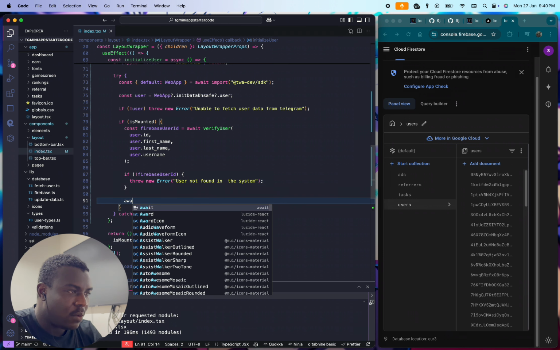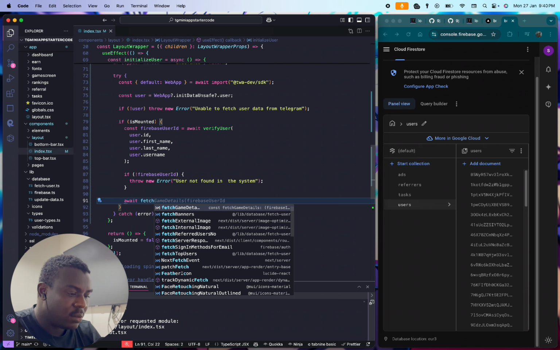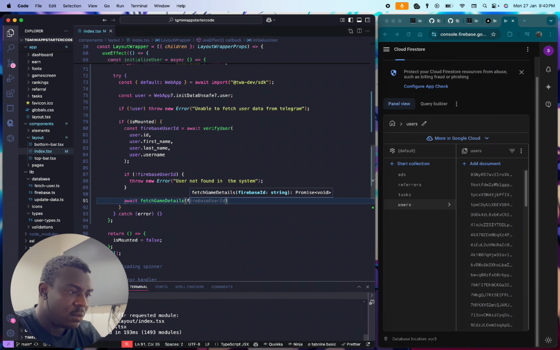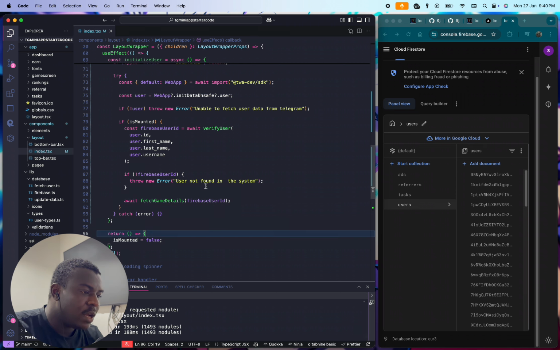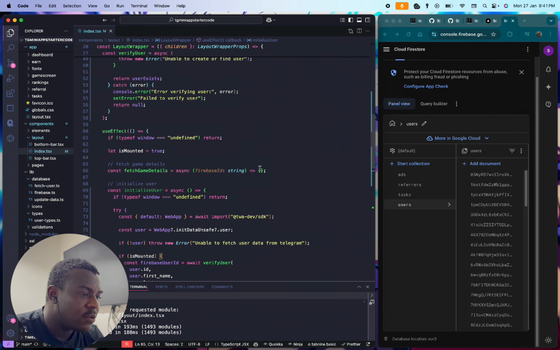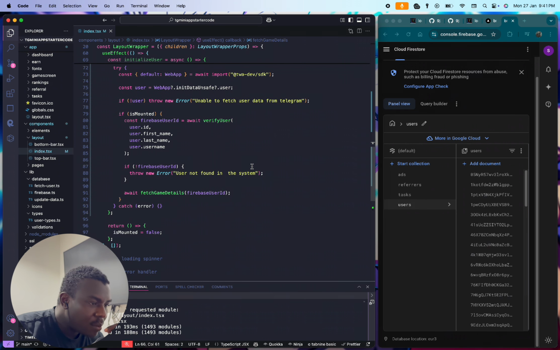Okay, so now we're fetching the game details of the user. Okay, so we're going to fetch the other details that the user has, like their points. If we are able to create the user, so over here the user was not found on the system. So if they're not found on the system,